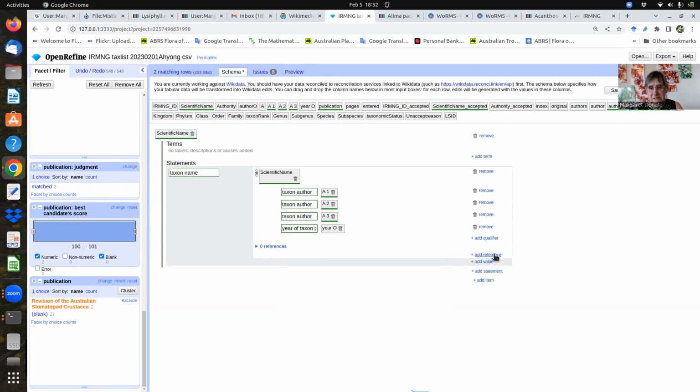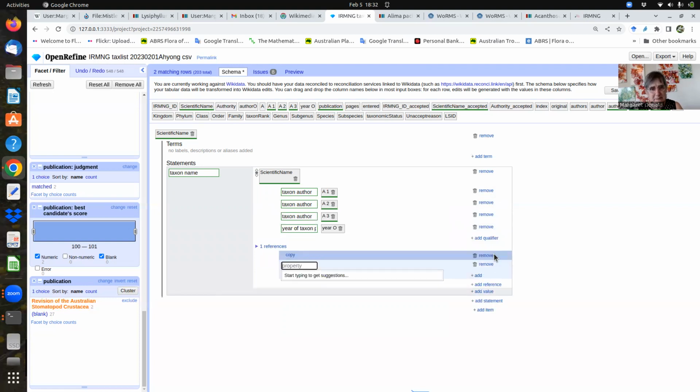Now, references. We've got 2 references. We've got the IRMNG database. So I'm going to add that. So I'm going to say that it's stated in. And again, the property comes up and it opens up the field that I'm going to do. I'm going to type this because I know it exists and all I want to do is for it to come up. And there it is. It's looking good. Interim Register of Marine and Non-Marine genera